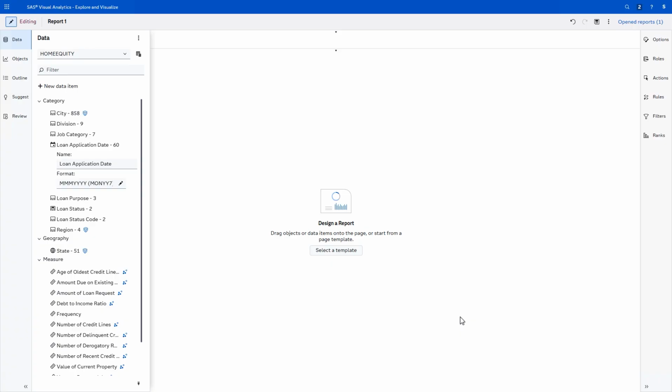Finally, hover the cursor over each of the data items in the Measure category. Notice that the default aggregation for all measures, with the exception of frequency, is sum. This means that as we build visualizations that include these measures, the summarized values will be totals. Because each row in the data is a separate loan, it makes more sense to look at the average for